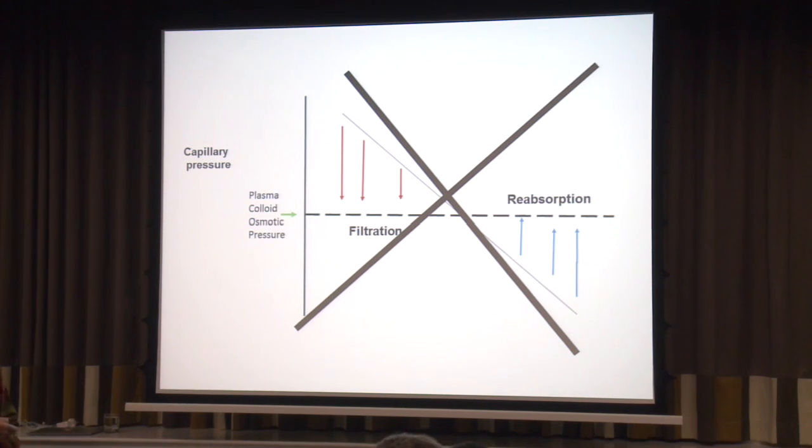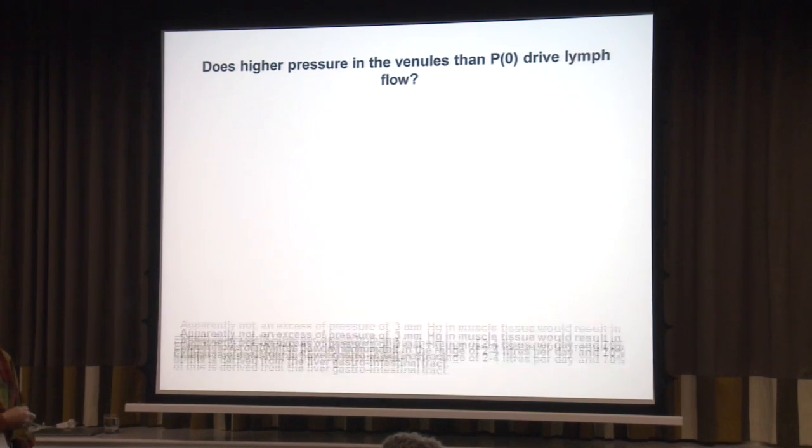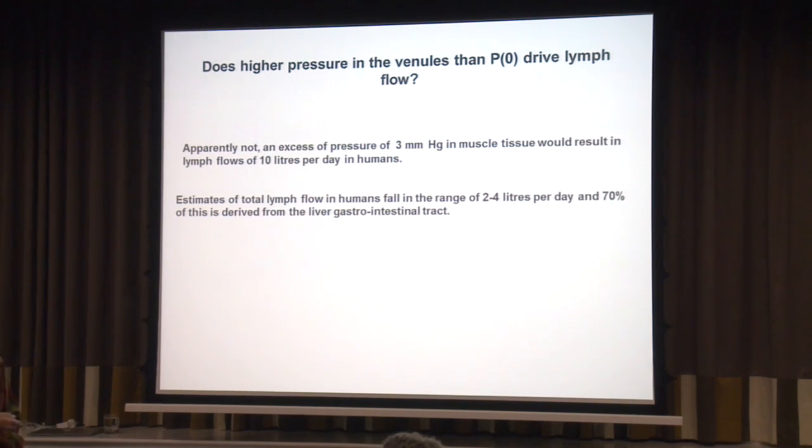But there is a problem, actually, because if we look at these differences between the calculated balance pressure and what has been measured, you do have a net pressure driving fluid into the tissues. And the question is, is this necessary for filtration? Well, the answer is certainly not, because 3 millimeters of mercury excess pressure in muscle,